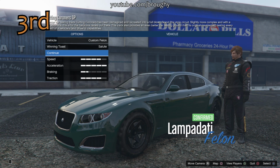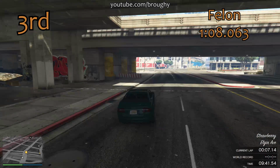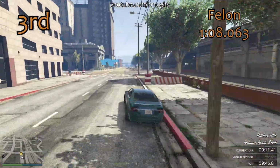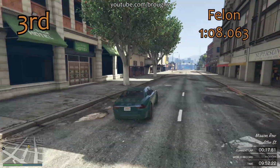This is the regular Felon, so much quicker than the Felon GT, which kind of makes no sense that a regular Felon would be quicker than a GT version, but hey, that's what it is. The 4-door version of the Felon is quicker than the 2-door, the Cabrio version, with a 1 minute 8.0. It is much quicker as well, and it does put it into 3rd place,